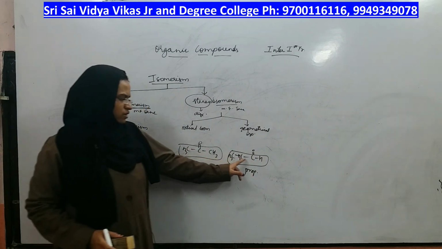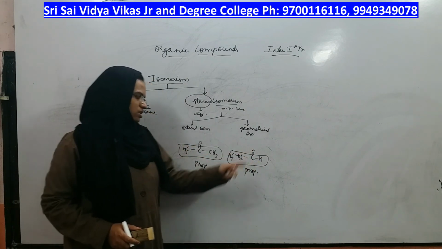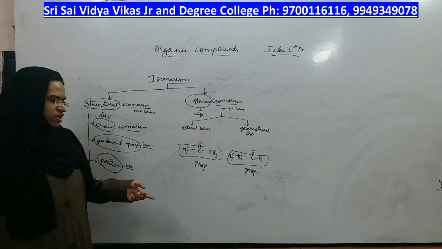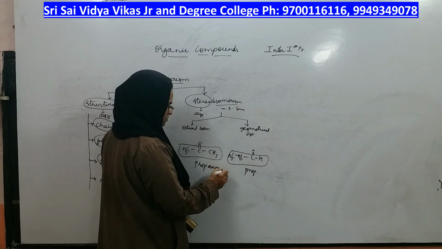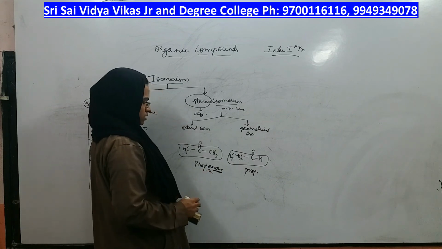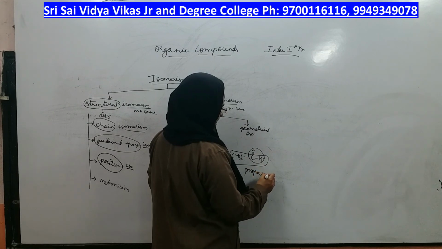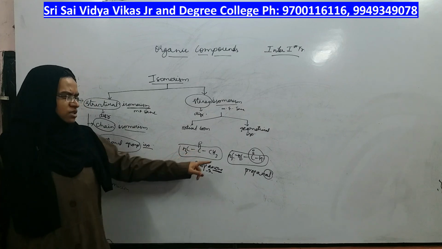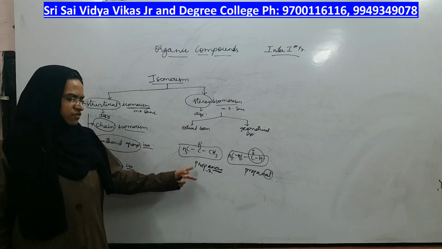1, 2, 3, 1, 2, 3. Hydrogens 3 plus 3, 6, oxygen 1. 3, 2, 1, 6, oxygen 1. The molecular formula is the same, the length of the chain is also the same, but the only difference is the functional group. This one is propanone. Where is the ketone? Propan-2-one. In the same way, here the functional group is not ketone, instead it is propanal, because aldehyde is present as the functional group. The name of this isomer is propanone, the name of this isomer is propanal. The molecular formula is the same in both cases, but the only difference is the functional groups.